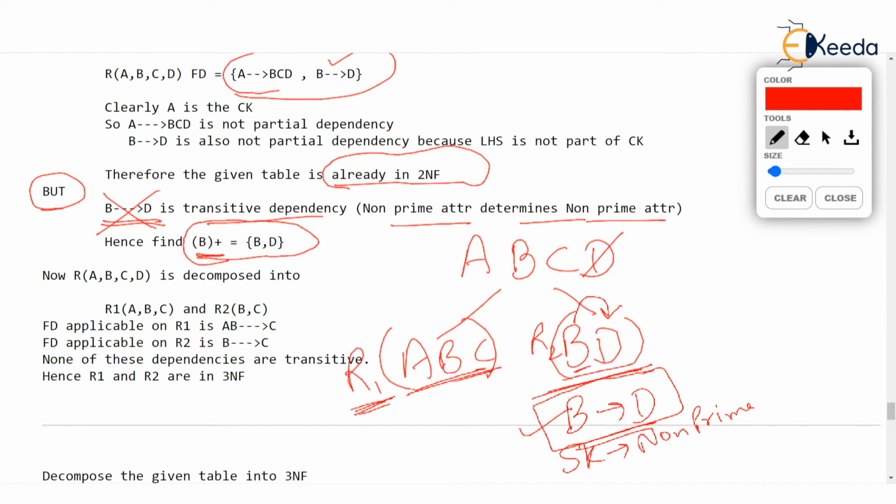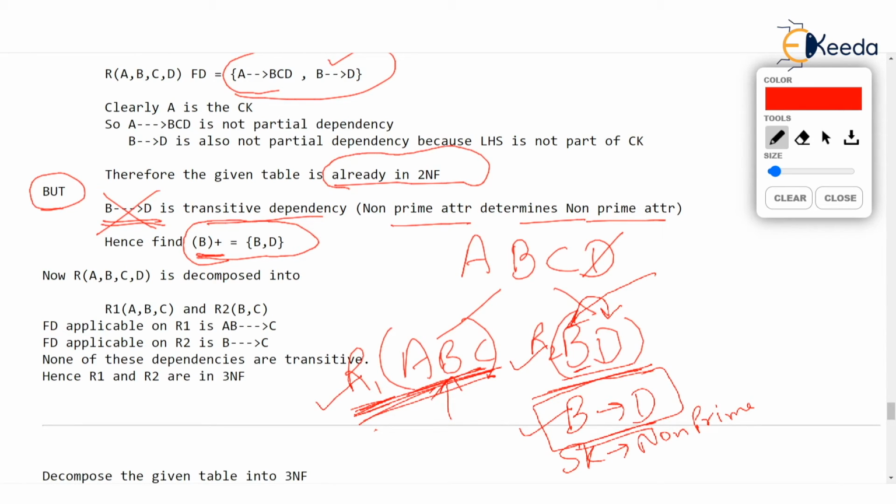What about this table? Which dependency is applicable from the given dependency set? No dependency is applicable because we can't write A determines BCD here because D is missing in this particular table. Fine, but you remember that the tables need not be dependency preserving, isn't it? They need not be dependency preserving. There is a common attribute B here, and B here, and B is the candidate key of R2. So the common attribute is the candidate key of R2 and B determines D is no more a transitive dependency, and R1 is the other table that we have created. So these are the two tables R1 and R2 which have no transitive dependencies now and none of the dependencies are partial.